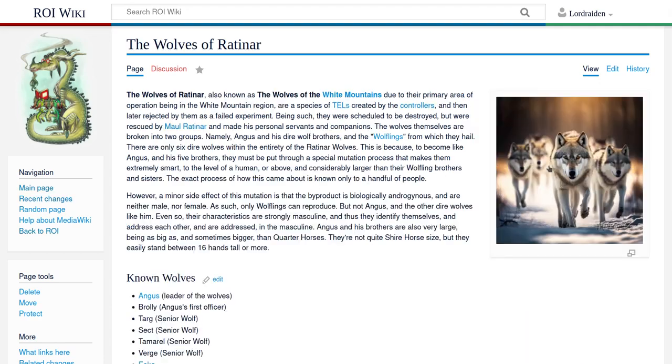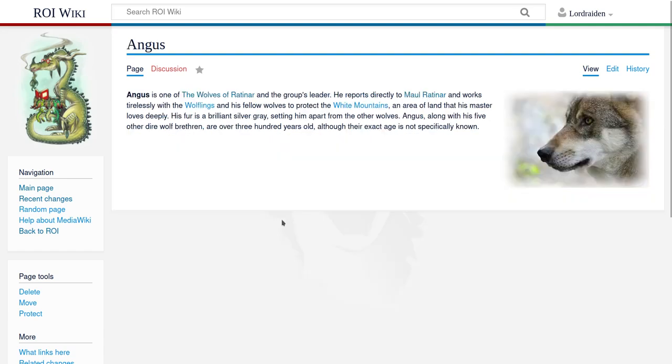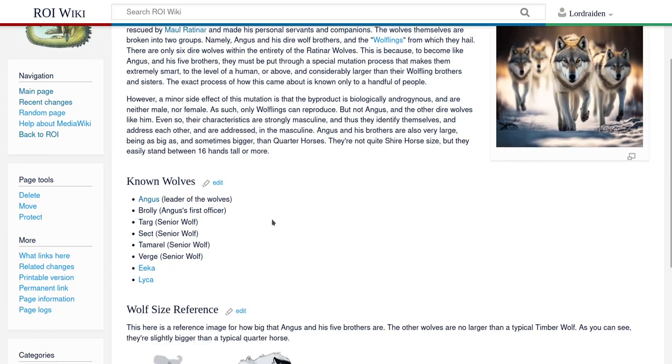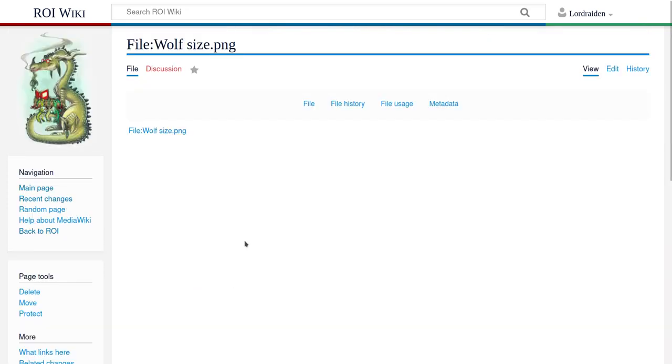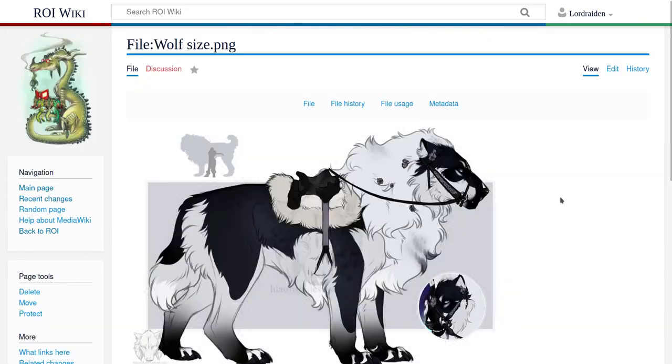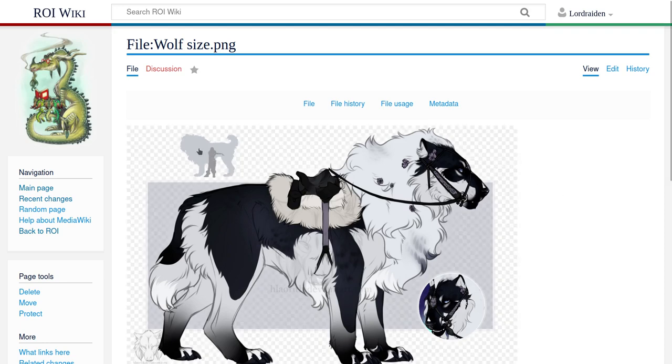That's just okay. They're regular wolves. That's a regular wolf. There we go. Here's the other one I was thinking of. This one is a size comparison image. This one shows you, here's how big the character is. He's big enough to slap a saddle on him. Not a perfect representation of Angus and his brothers, but as far as size comparison goes, this is a good